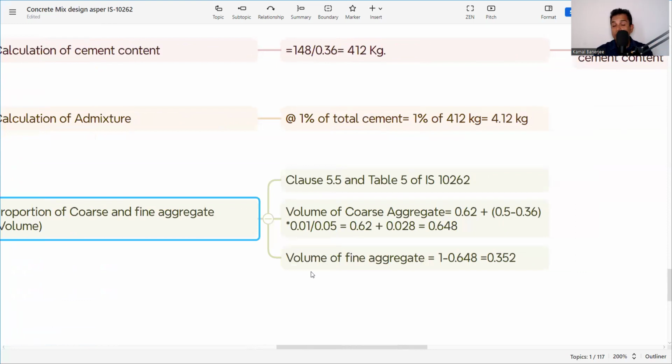हम धीरे धीरे बताएंगे, आप एक एक करके देखिए. Table 5.5 and Table 5 of IS 10262 आपको देखने का है. चलिए Table 5 में चलते हैं. Table 5 में क्या है? IS 10262 का